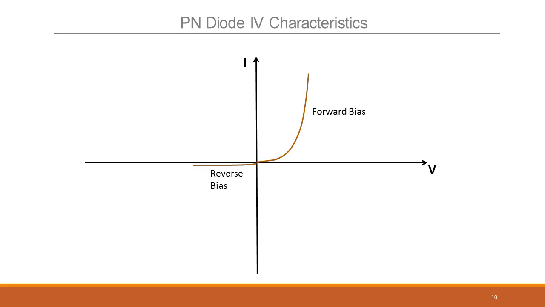So if you keep increasing the reverse bias, at some point you're going to get an avalanche breakdown. Right? We saw what an avalanche breakdown is. So if you keep increasing this bias, it will break down at this point. And this has got the breakdown voltage here. Okay? This happens for lightly doped PN junctions.